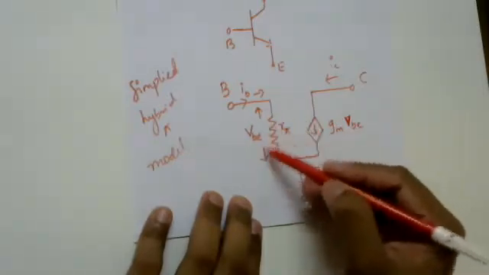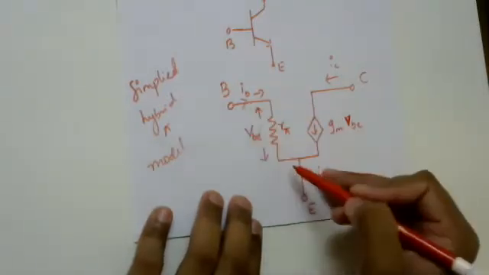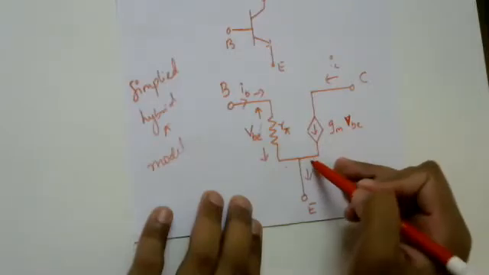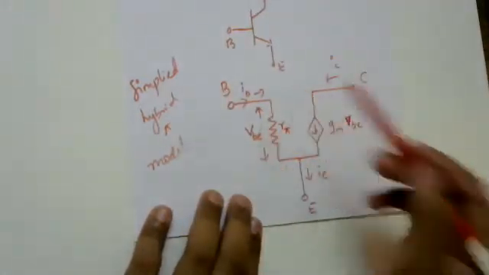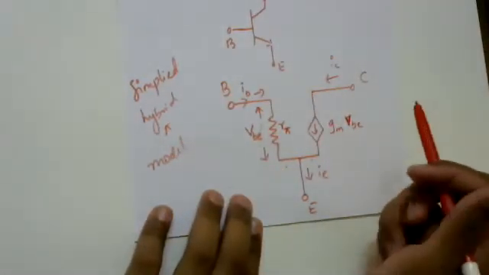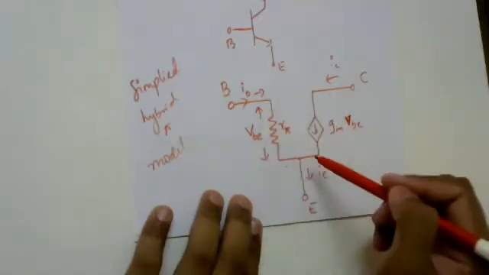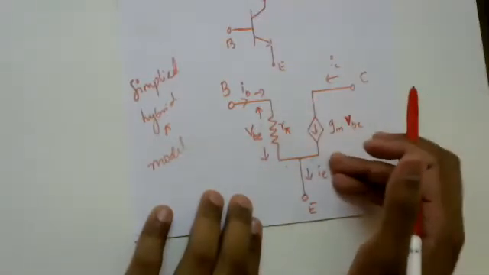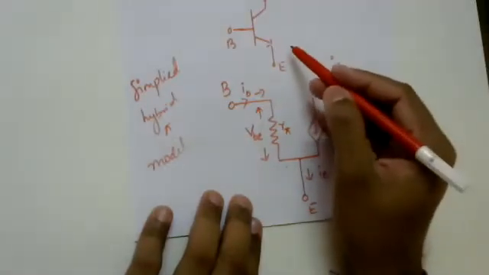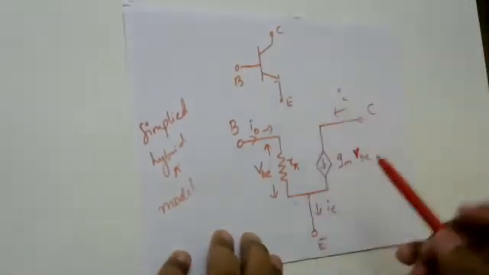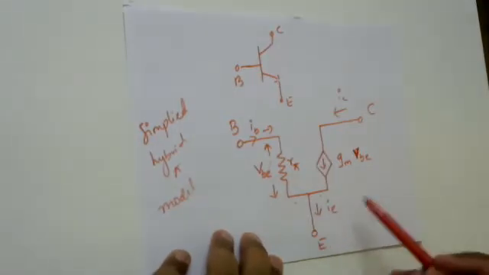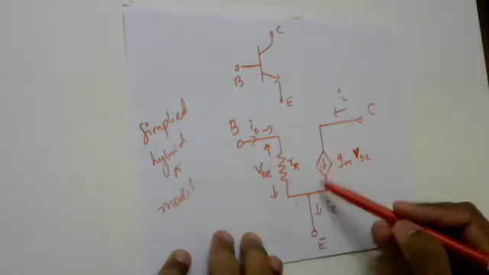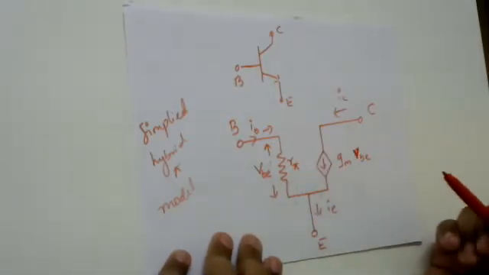I hope you remember the equations that we defined for base to emitter and collector to emitter, and how we are able to model it. That's the reason I said that whatever we discussed yesterday, we will be using to some extent when developing the model. This circuit represents the BJT, a bipolar junction transistor, as a voltage controlled current source, and implicitly it includes an input resistance.